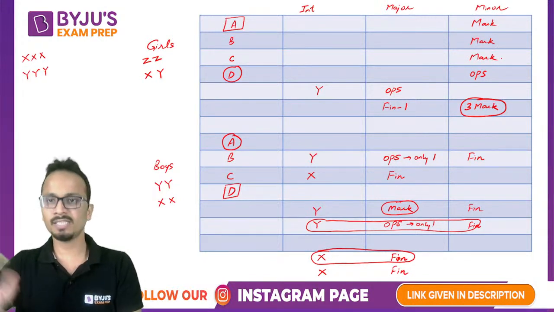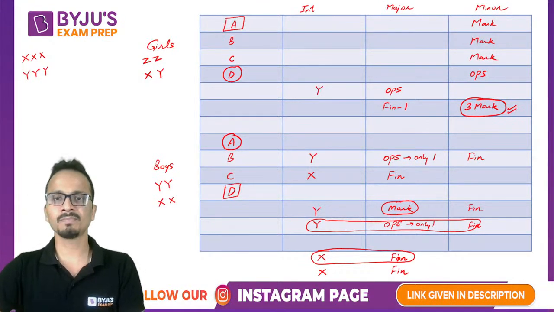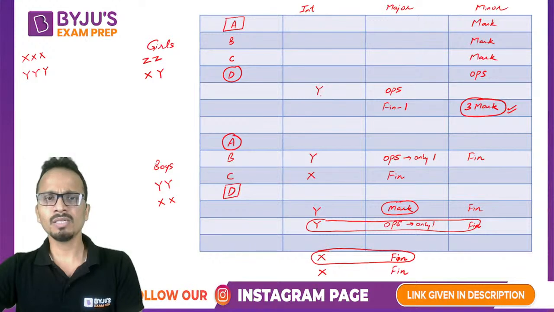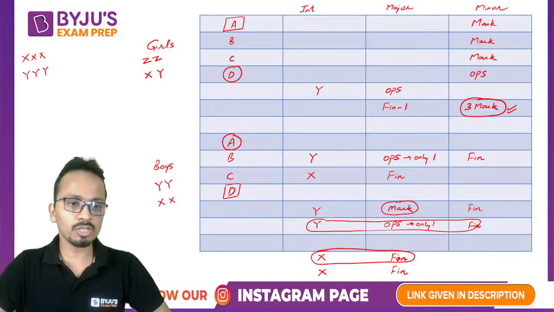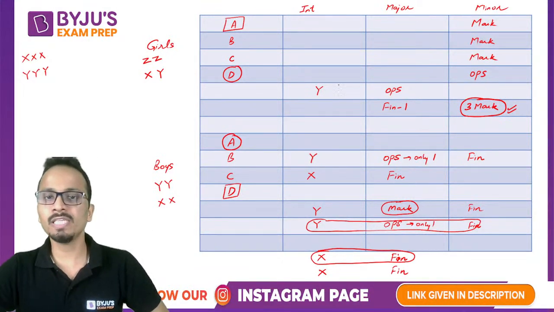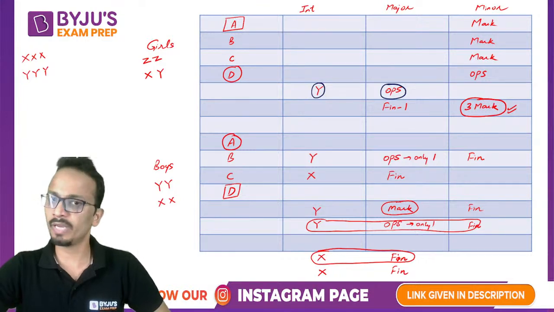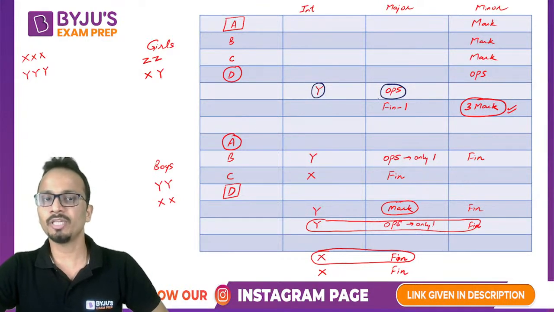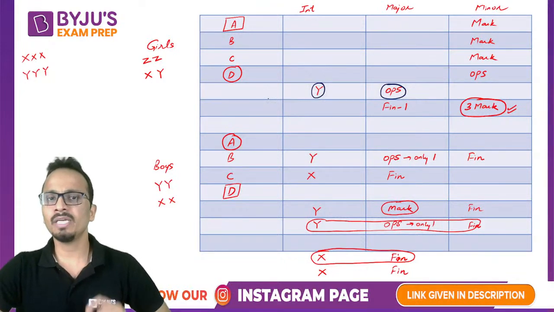All right, this step is over. So this marketing is filled. Right now, there is one person from Institute Y. Now this is very important. All of you focus now. For these girls, there is one girl who is from Institute Y and majors in operations. Now, who can be the girl from Institute Y?